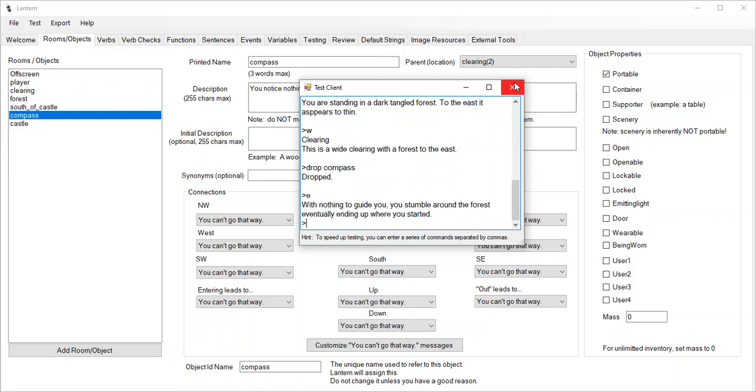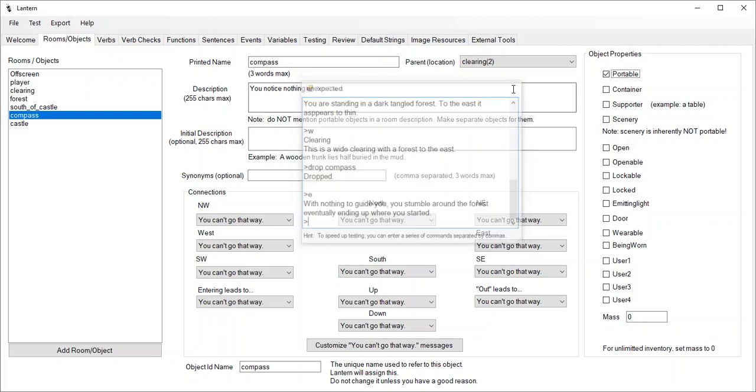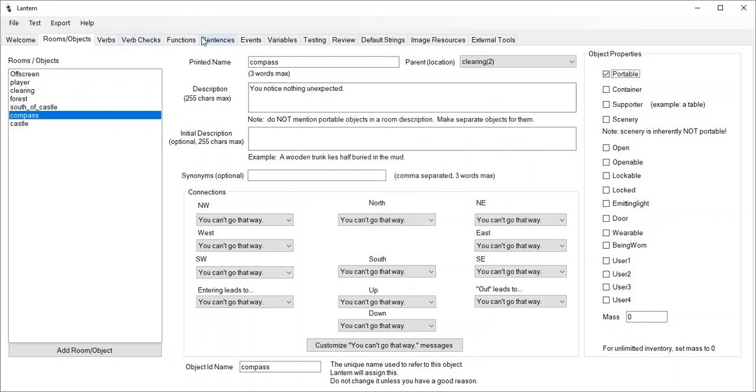So that is how we can do kind of a compass, or you could change the compass to a map, and then you could have that sort of requiring maybe the player to have a GPS or something. It's kind of like, how would they navigate a space that's too tangled to navigate, even if they did have some sort of sense of north, south, east, west. So there's your compass puzzle, and the only kind of caveat there would be